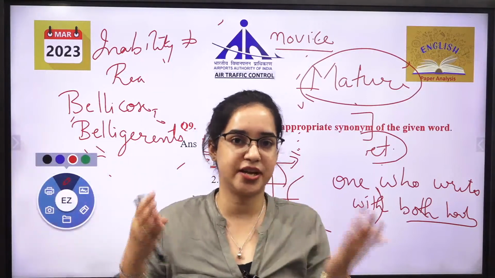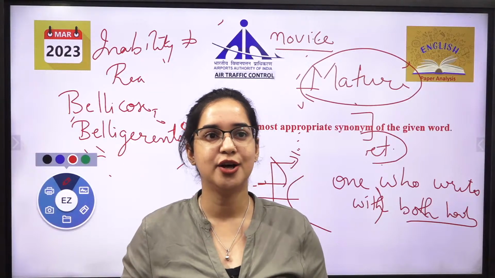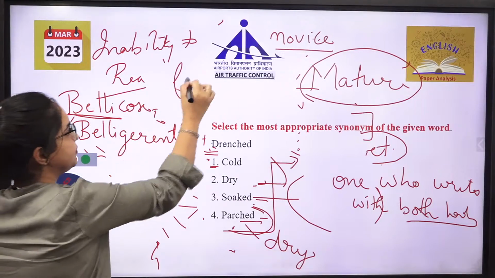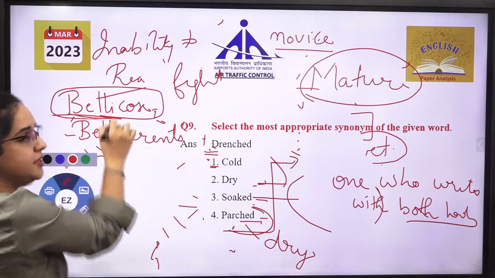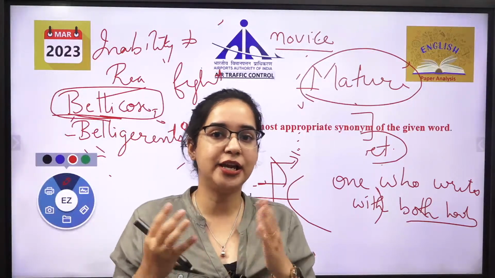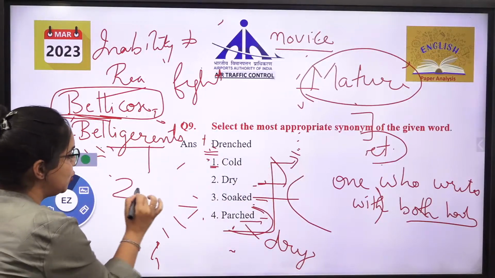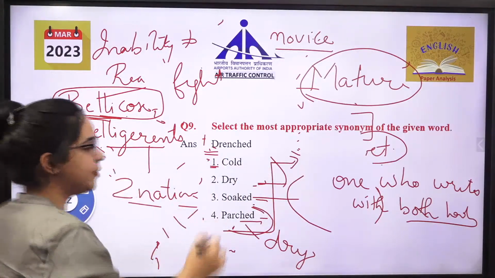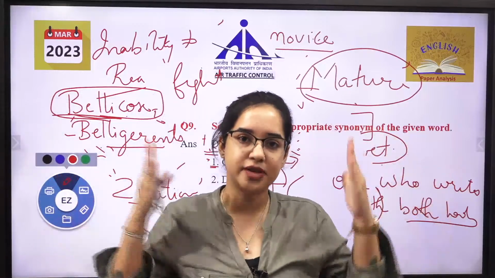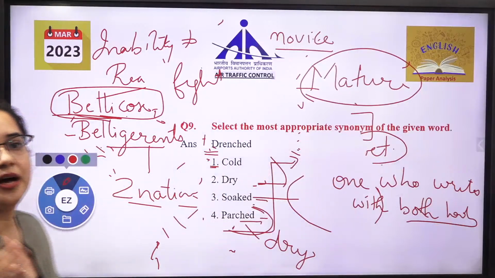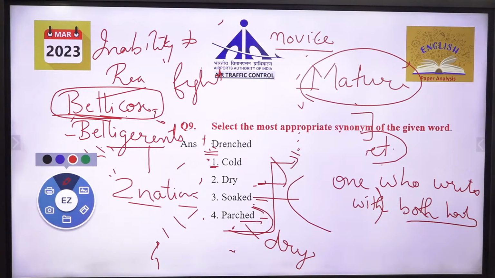And then the students poke each other: come and meet me outside, right? That is termed as belly. Belly means to fight. Bellicose is a person who initiates the fight, one who is eager for a fight. Belligerents is when two nations are fighting. Like you might remember the Russia and Ukraine war. That is a kind of belligerence. A person who often calls for a fight is termed bellicose, and belligerents are when two nations are indulged in fighting. So some new words for you in this slide.